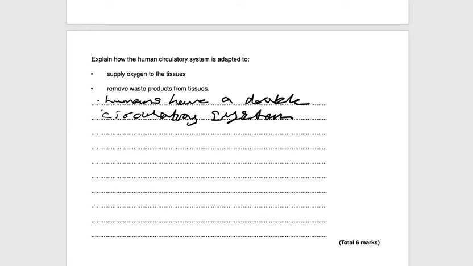Okay, that's the most obvious point we can give, and this is because the blood passes through the heart twice. You could also say that the heart is made out of specialized cardiac muscles. You could talk about the process of how the heart functions. So you could put in your answer, the blood enters through the vena cava, gets pumped from the right atrium